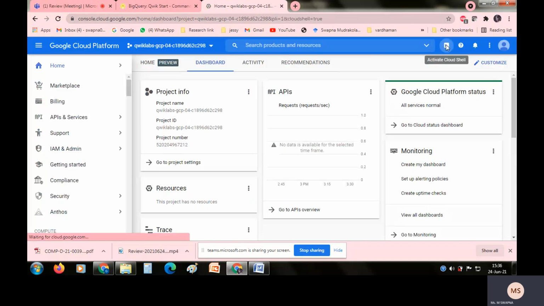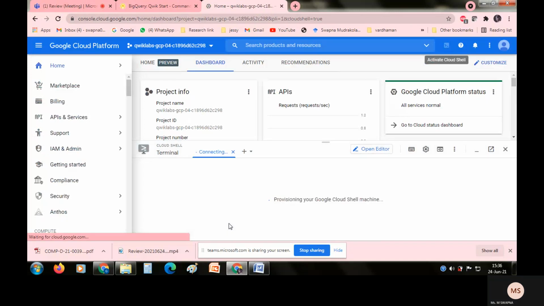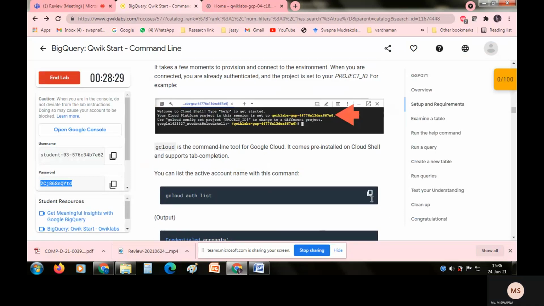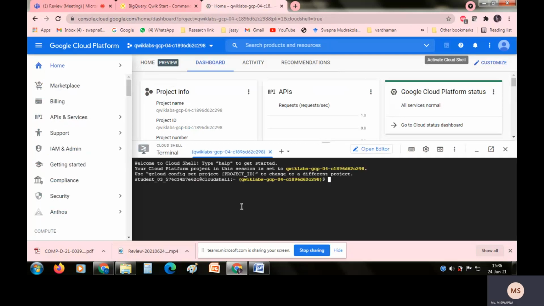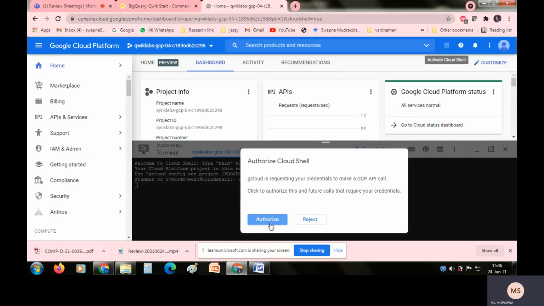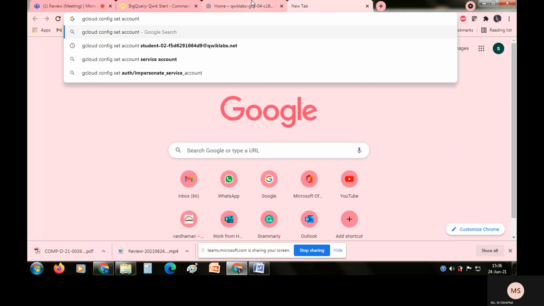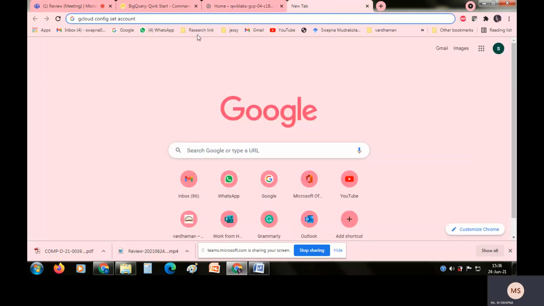You have to activate your Cloud Shell. Continue. Authorize Cloud Shell, and it is asking you to activate the account. What I generally do is copy and paste these commands from here. So simple, you can just execute this command, right?